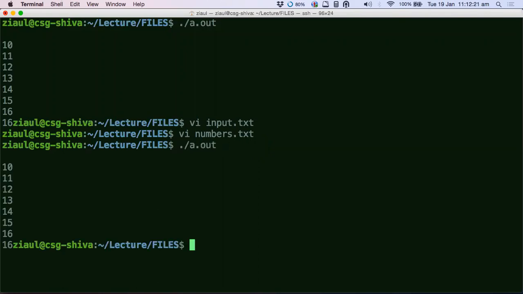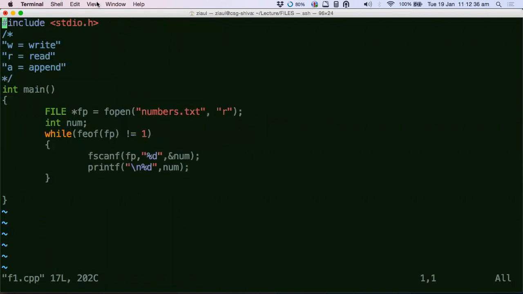Is it because num is already 16 and when it will printf once more because num is already 16? Exactly, you are 95% right. I'll explain that. Let's say you are at the final iteration, when it read 16. So you read 16 here, and then you printed 16.